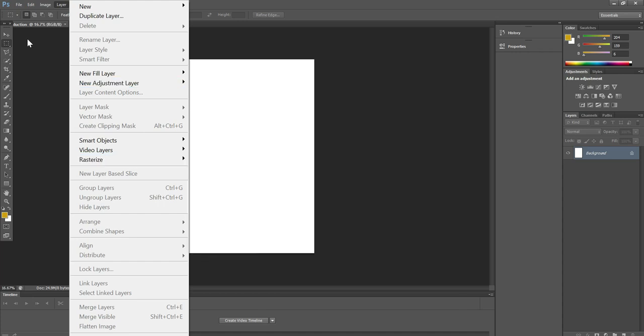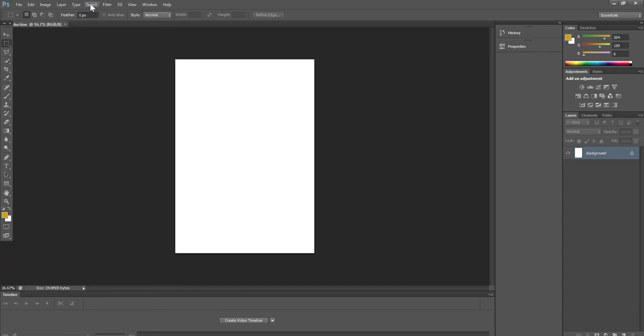As we move on, you will use all these functions. Duplicate layers means you want to divide the layer into two with the same size. As we move on, we will learn a lot, and as we practice, we will be using all these